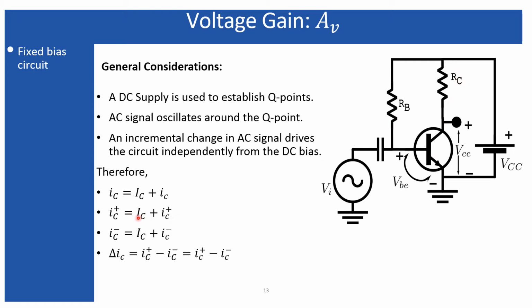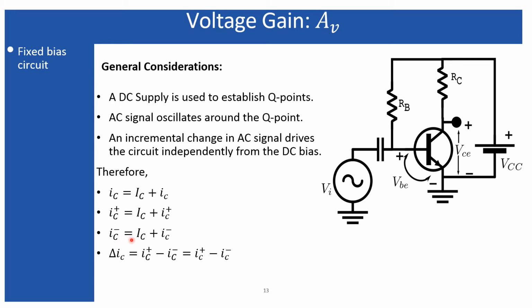So I am considering only the collector current, whatever the consequences will be resulted, and that will be followed for all kind of incremental changes. The incremental change in the collector current I have denoted first as IC plus, and that incremental change is appearing only due to the AC part, because the DC part is fixed and constant due to this VCC, which is the fixed DC voltage.